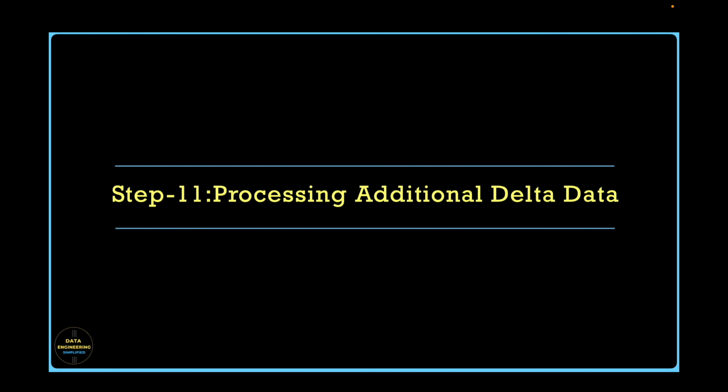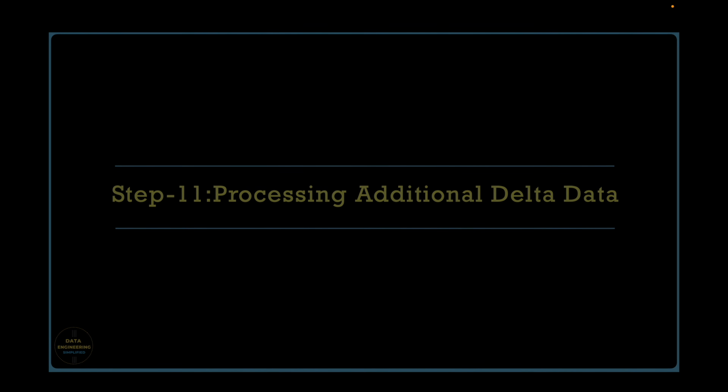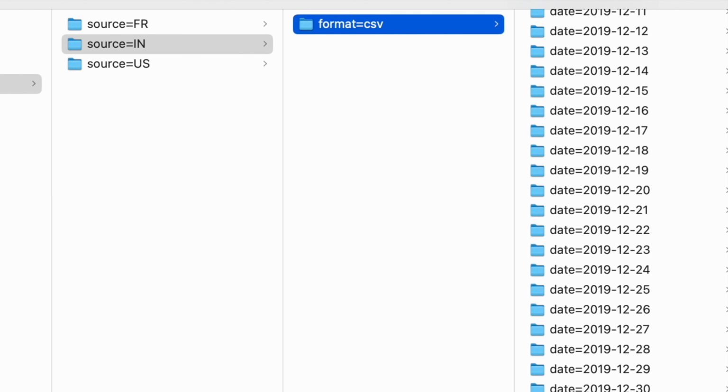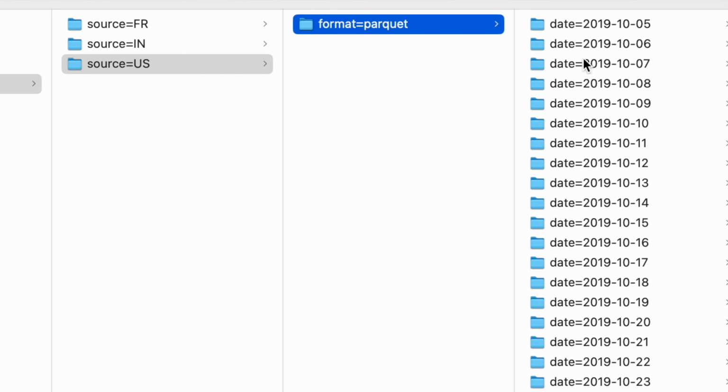Let's try to process a delta data and see what changes we have to make in our Snowpark program to make sure that it processes only the delta files. So here I populated data from 2019 for roughly 1 quarter. So I have data set available from 2019, and same thing is applicable for US as well as France. So now I'm going to push this data through my entire ETL process